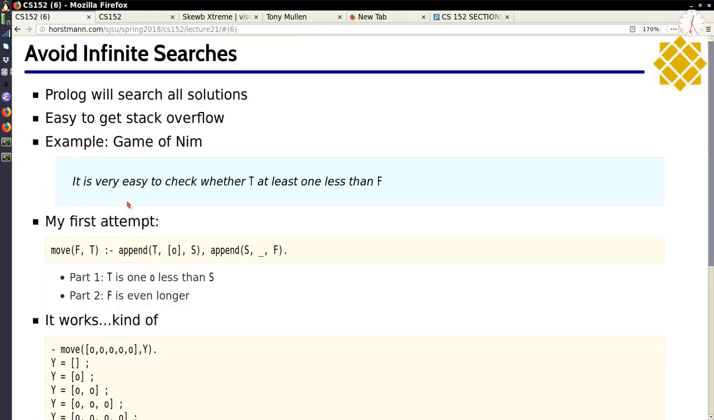Now, as I'm sure you've all seen in the last homework, it is pretty easy to get a stack overflow by making an infinite search. So as an example, the first time that I tried to implement that lab in the game of NIM, where it says in the lab specification, it is so very easy to check whether T is at least 1 less than F. And so when I first did it, I said, well, I want to move from F marbles to T